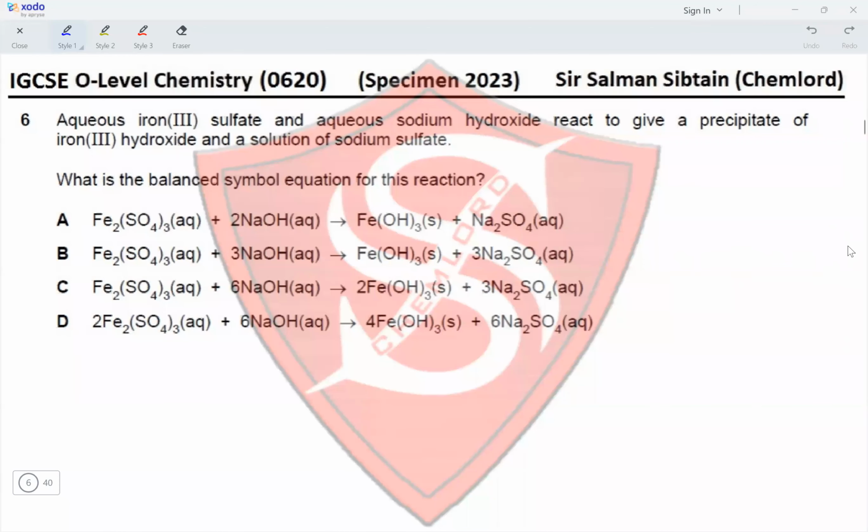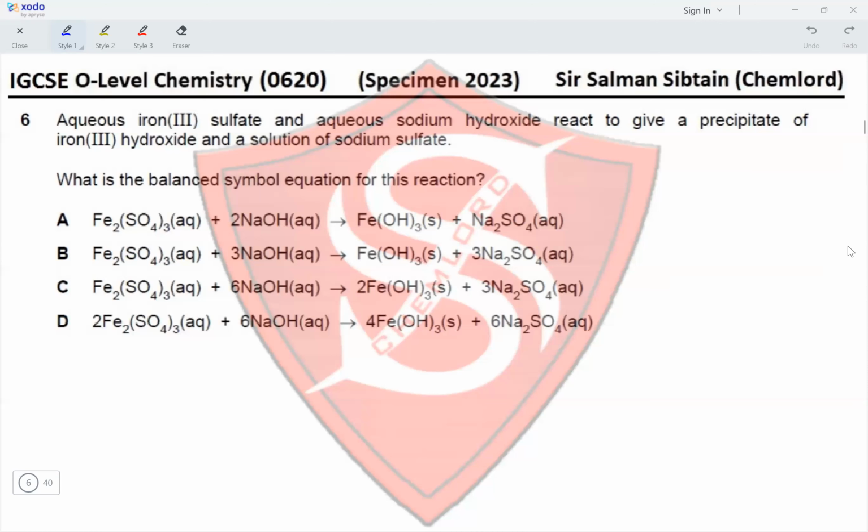Question 6. Aqueous iron 3 sulfate and aqueous sodium hydroxide react to give a precipitate of iron 3 hydroxide and a solution of sodium sulfate. What is the balanced symbol equation for this reaction? So Fe2(SO4)3 would be iron 3 sulfate, NaOH would be the sodium hydroxide, Fe(OH)3 would be the solid precipitate forming, and Na2SO4 would be the solution of sodium sulfate. So all of these have the same